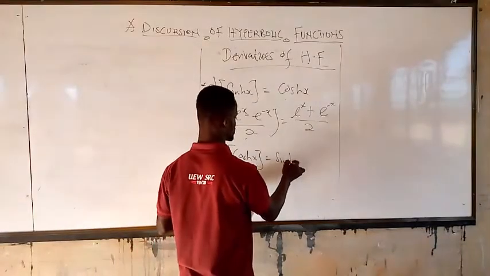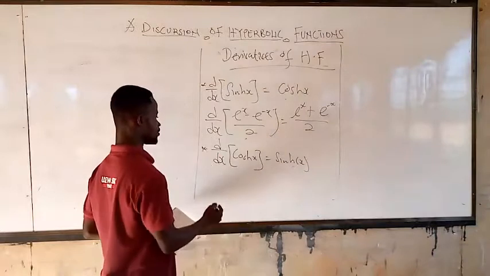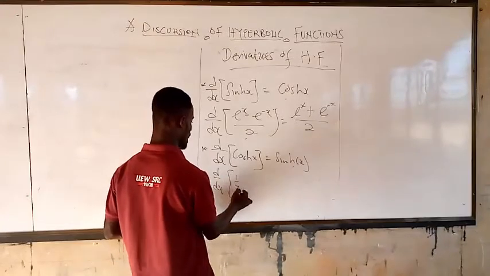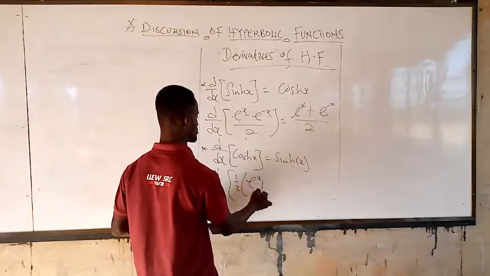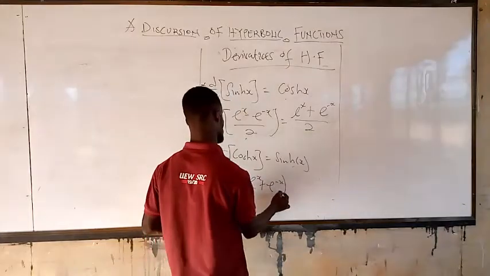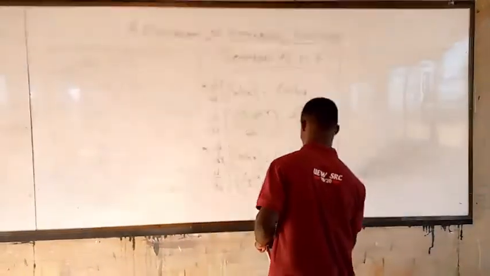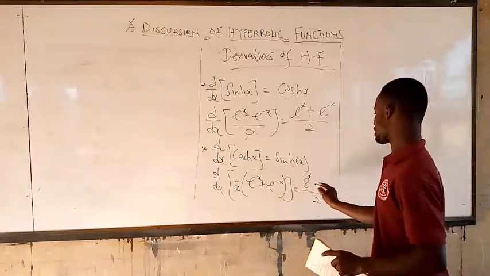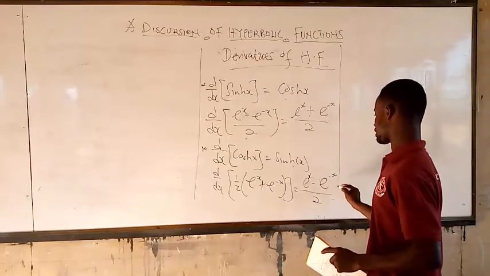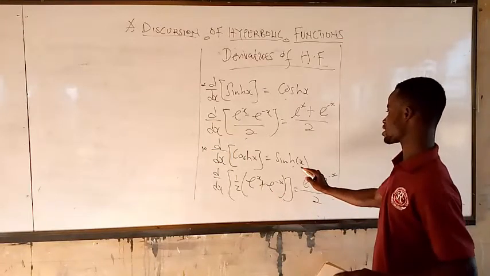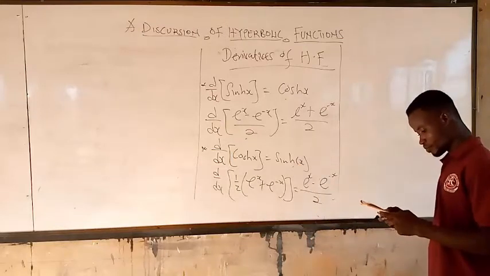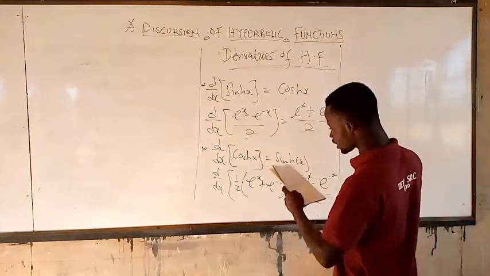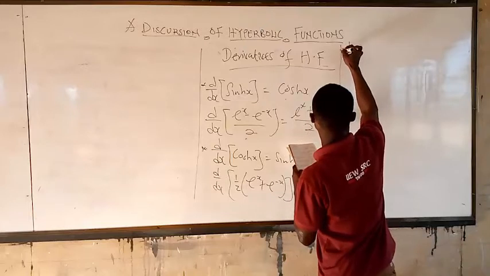This one will give you sinh s. Why are we saying that? In the same way, this is the same as half of e to the power s plus e to the power negative s. So when you take the derivative of this, you get e raised to the power s. When you take the derivative of this, you get negative e raised to the power negative s. And this one we have here is the same as sinh of what? s. So that is why we have that to be that. Very good. Let's look at that for the derivative of